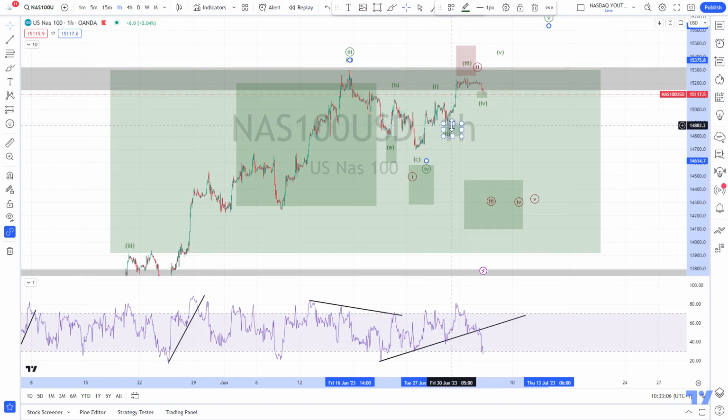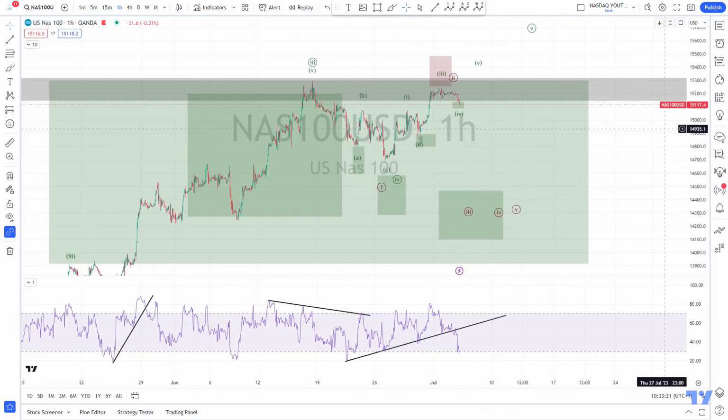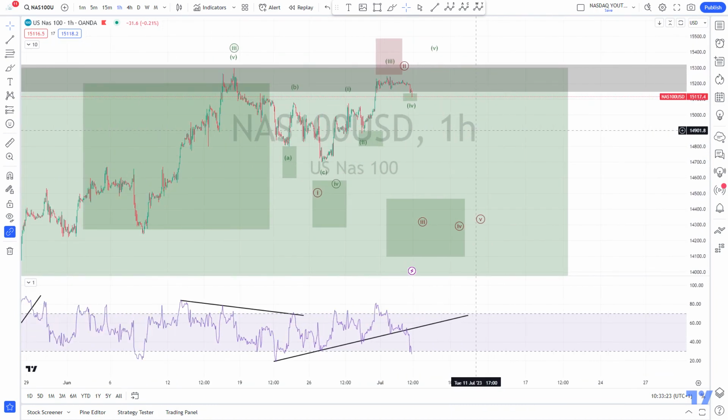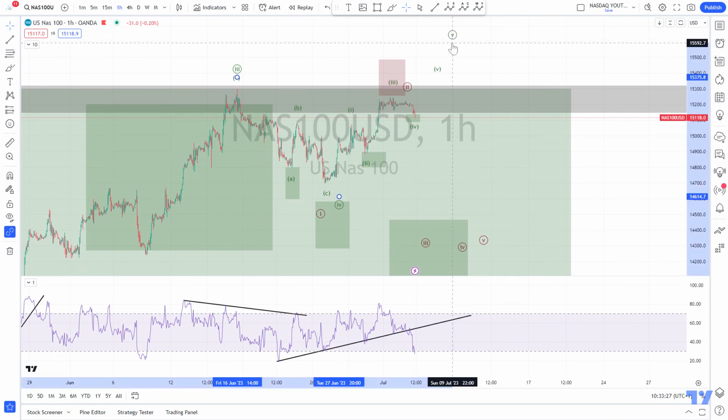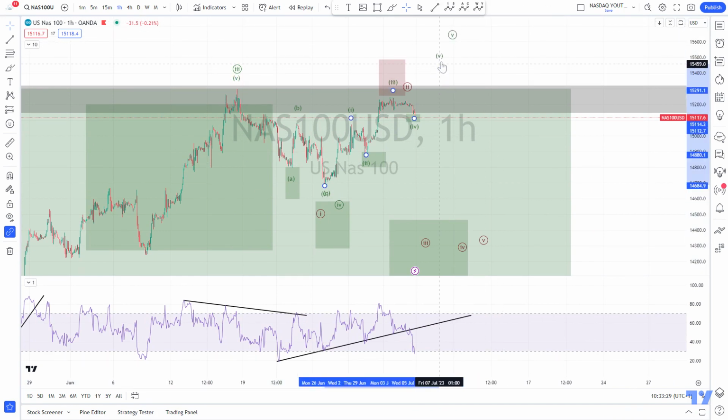So we are again long from here, and then I already advised you to take some profits here, because we could expect some downward pressure from here, which I will explain in a minute. This is the bearish scenario. But if we are still in the bullish scenario and this plays out here,